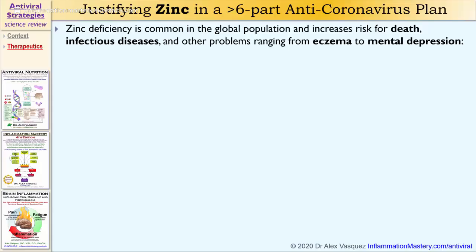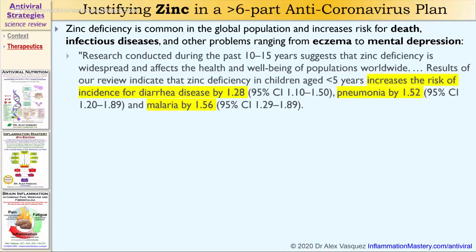Number 1, zinc deficiency is common in the global population and increases risk for death, infectious diseases, and other problems, ranging from eczema to mental depression. Research conducted during the past 10 to 15 years suggests that zinc deficiency is widespread and affects the health and well-being of populations worldwide. Results of our review, that I'll show you the citation for in just a moment, indicate